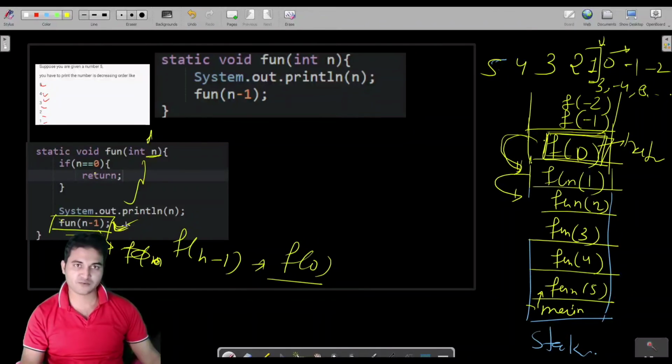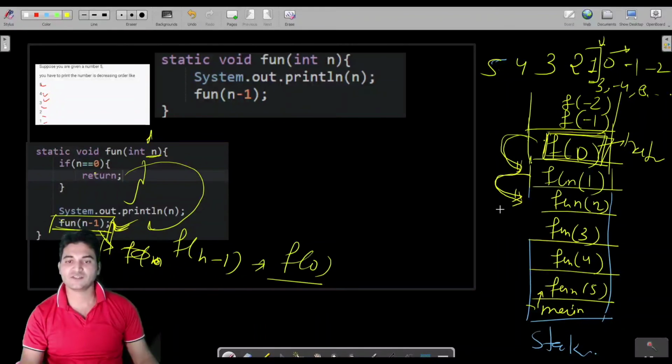So if from here f of 0 was called, then of course f of 0 would return to here. There is no step further after this, so it will simply end the function. And if this function ends, then the control will return to this, then to this, then to this, and then to this. When this function is completed, the control for f of 5 will return to the main method from where it was called. So this is how the stack mechanism works, and this is how the base condition is handled. The base condition is mandatory to write the recursive logic.